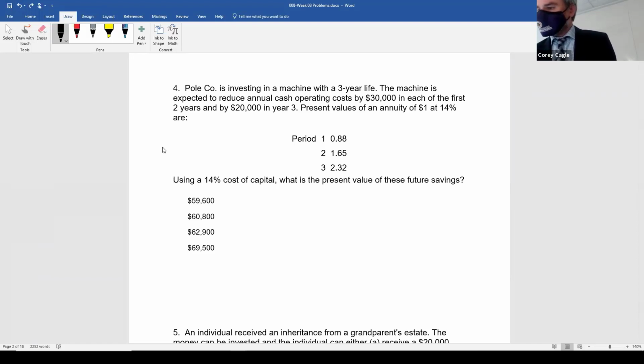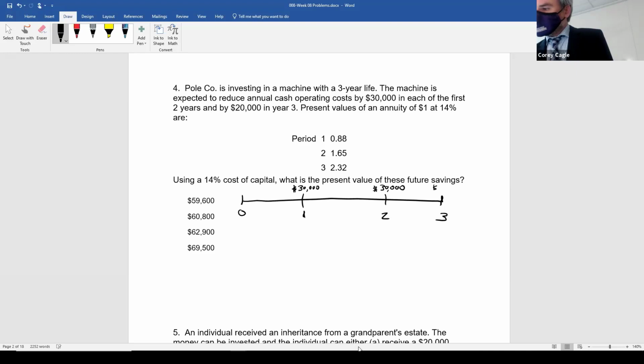All right, here's a little timeline of what's going on. We got today, a year from now, 2 years from now, 3 years from now. We got $30,000 happening a year from now. We got $30,000 happening 2 years from now. We got $20,000 happening 3 years from now. Those table values they give us are useless. Now on the CPA exam, you would have access to these tables whenever you wanted them. And I think we all know how to use those things. But